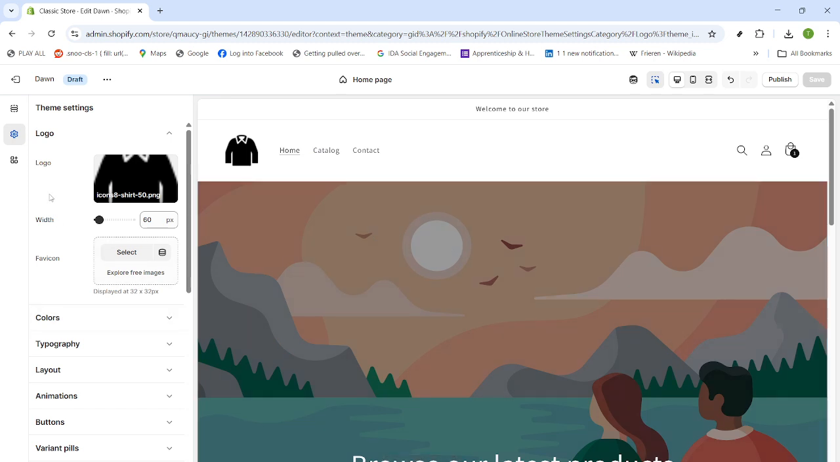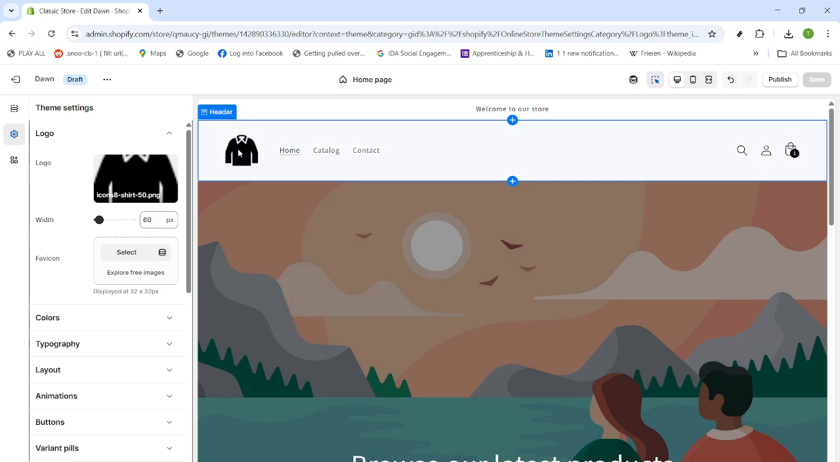And that's it. You've added your logo to Shopify, set the size with confidence, and saved your changes. If you ever update your branding, you can return to the same logo setting and